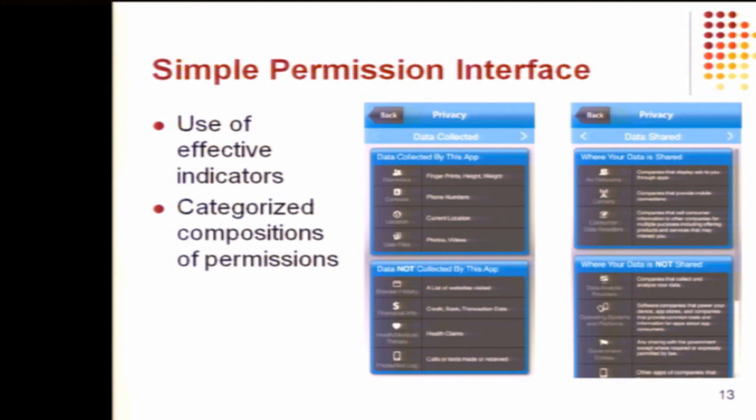With each of these, there are details provided, and we also provide an analysis of an interface suggested by a startup in California, Lookout. The company name is Lookout, and they came up with an open source project which any company can use to make their permission interfaces more significant and present the data in a way that users can easily understand the capability and the data policy of the company.